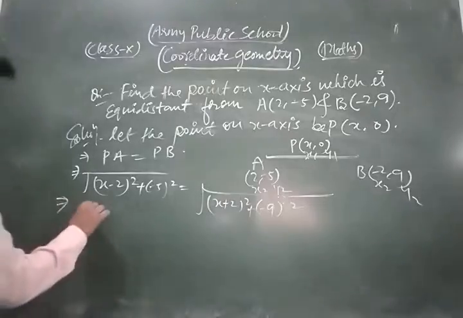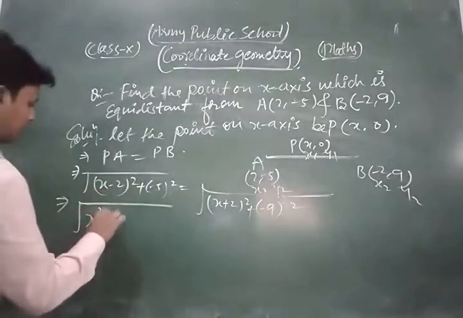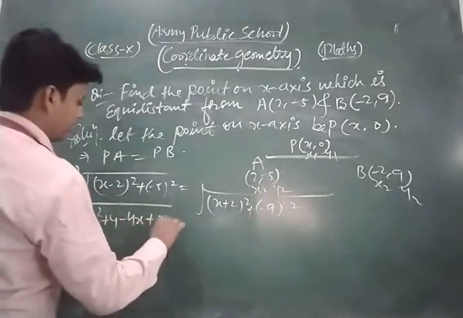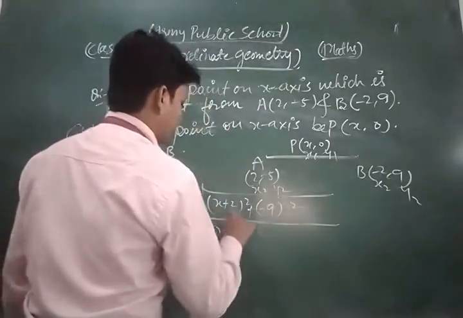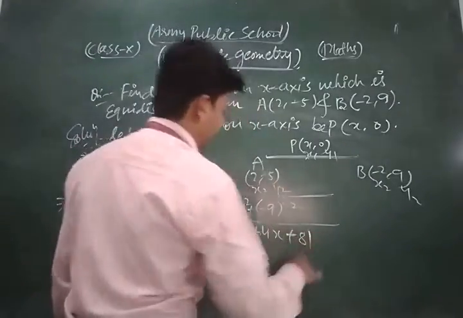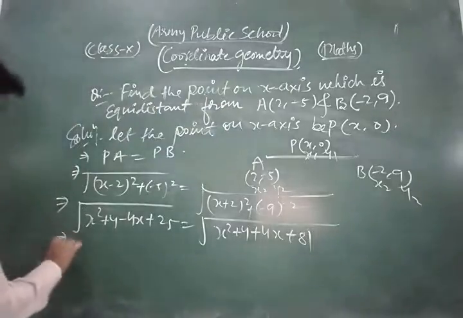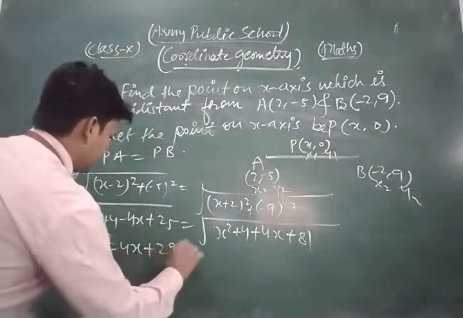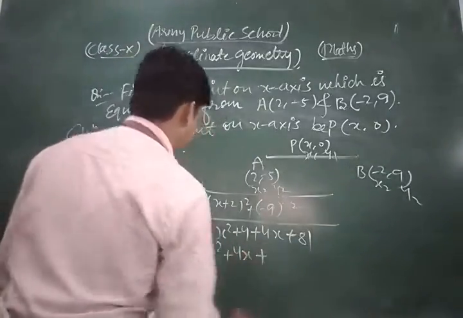So we get, in the square root, a square plus b square minus 2ab, plus this is 25 here, and on that side a square plus b square plus 2ab, 4x, and plus here this is 81. Now what do I do? Squaring both sides, we get x square minus 4x plus 29 is equal to x square plus 4x plus